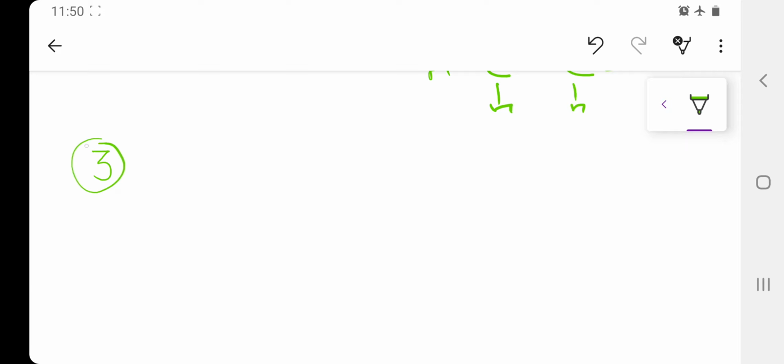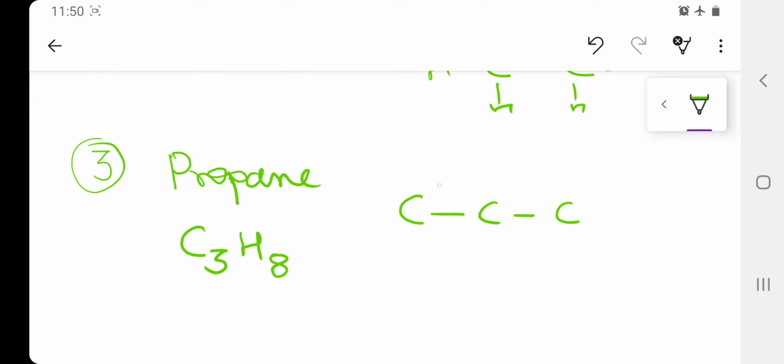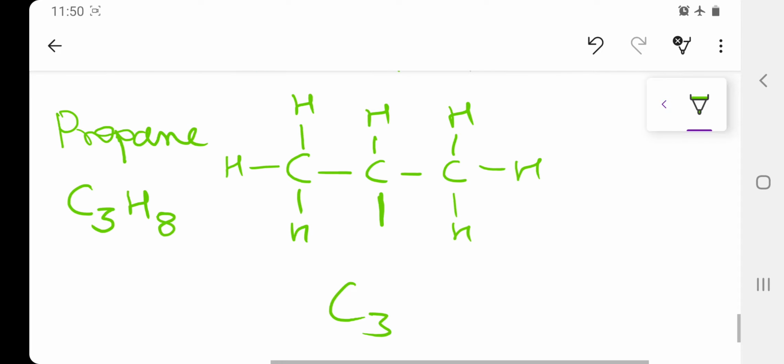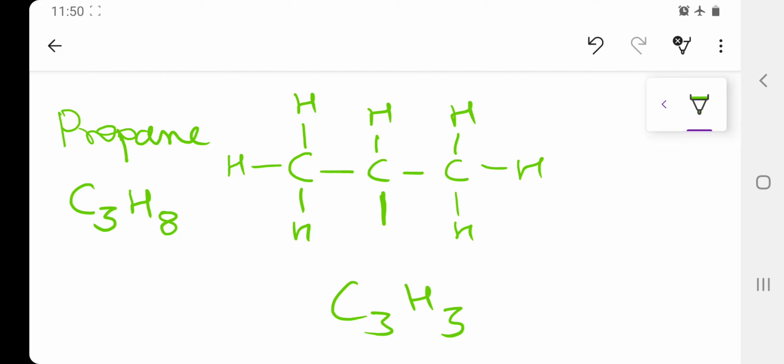Then the next alkane that we are considering is propane, that means C3H8. This propane can give rise to two types of alkyl group. That means propane was like this. So if I remove one of the hydrogens from the middle carbon, it will give rise to this, and here the propane formula will become C3H7, and there will be an empty bond.